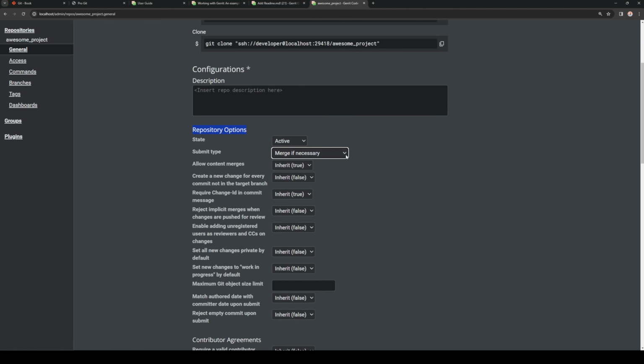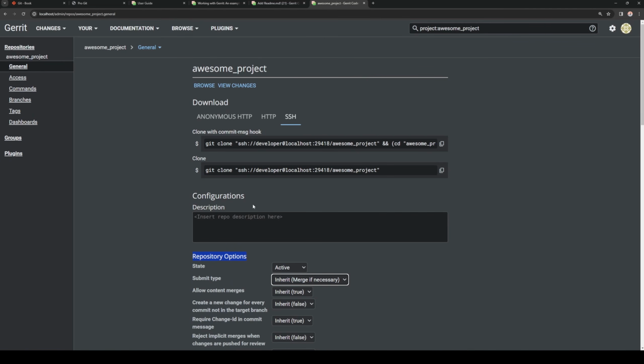You might have merge if necessary, you might have fast forward only, you might have rebase always, rebase if necessary, you might have merge always or cherry pick. So it depends on the configuration. You can always check. But if you go back, so 1 second, since I messed up things in my configuration,